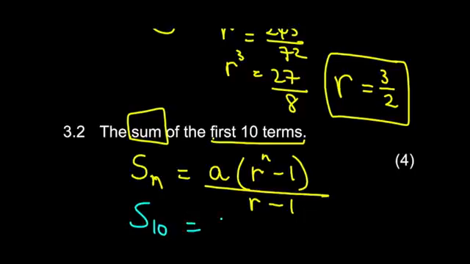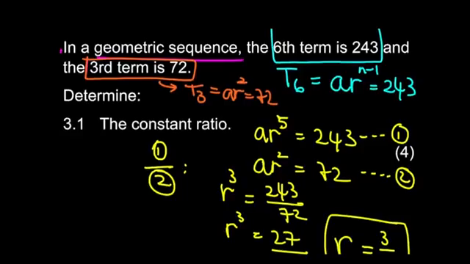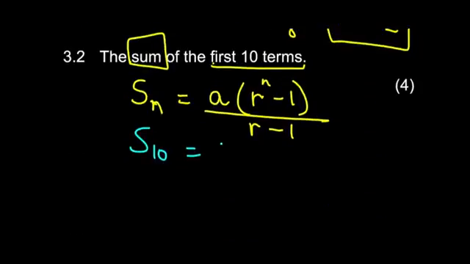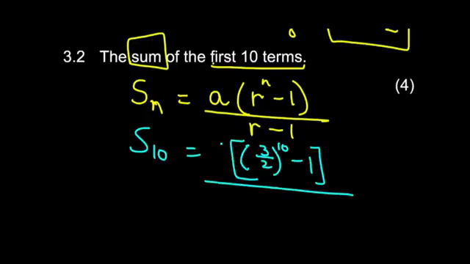So A, I don't think I've worked out A yet. No. So we need to work out A first. So A multiplied by, we have worked out R, it's 3 over 2 to the power of 10 minus 1, and we need to multiply that by A. We're coming to that in a moment, divided by 3 over 2 minus 1. Okay, so our little A,